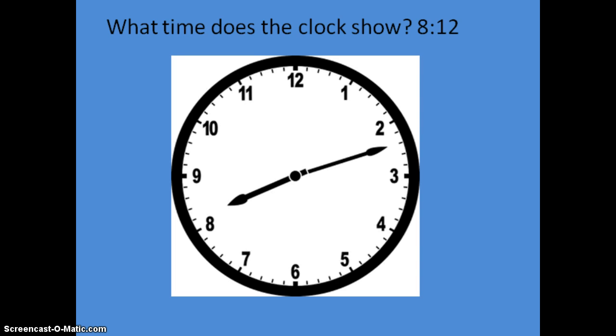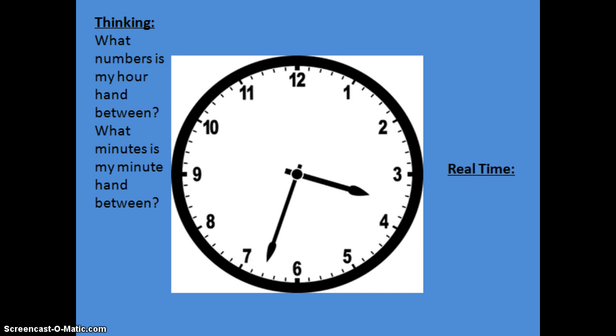Now we're going to look at one more example before we do some practice ones. So I'm looking at the clock, and I first need to figure out what numbers my hour hand is between, and my minute hand. I look at my hour hand because that tells me the hour, which is the first number I write. It's between the 3 and the 4, and it has not passed the 4 yet, so it is still 3,